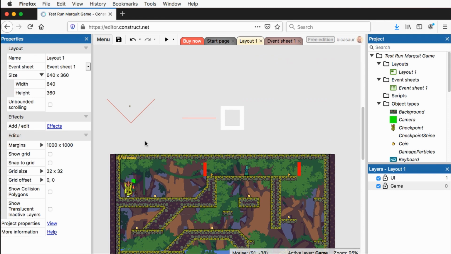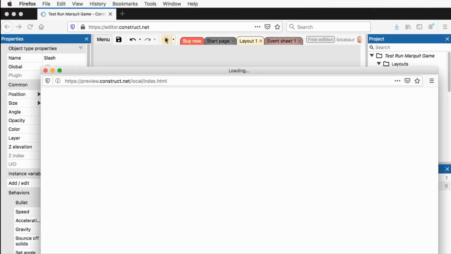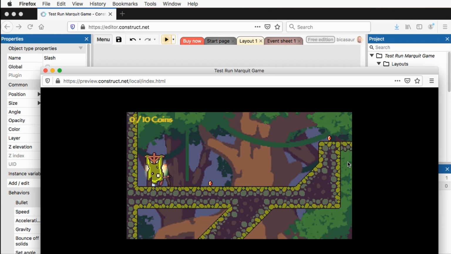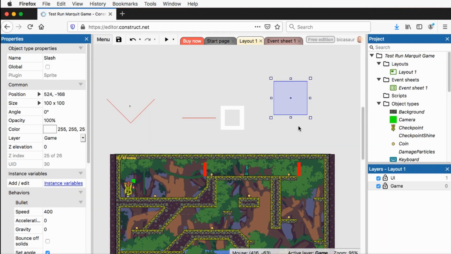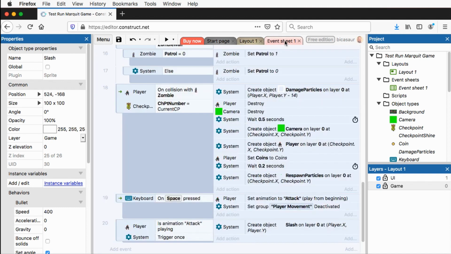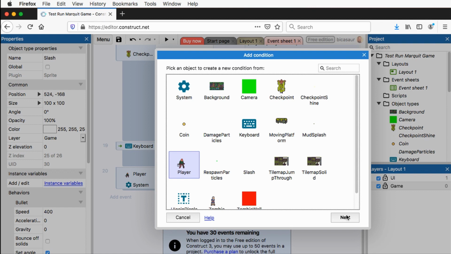And just see what that looks like. The other problem is that it's moving away from us. So I'm finding it annoying that I can't trigger this again. So maybe, before we fine tune this, let's actually go back in and add some more of this functionality. Add another event, the player's animations